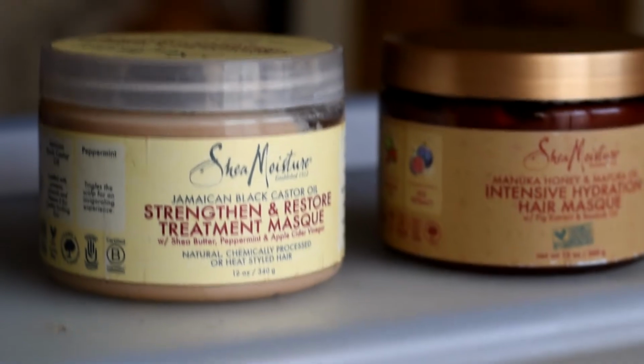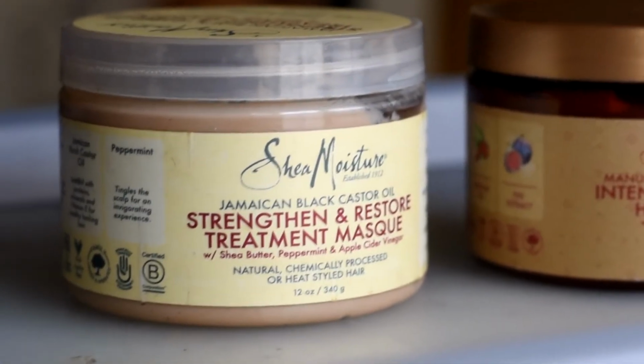Okay, so what I'm going to do is, like I told you, this is my staple treatment mask deep conditioner that I use, and I'm listing the ingredients on this right now. I got my notes, I got me a little drink, and I got my reading glasses. Need those. Okay, so let's start with the ingredients for the Shea Moisture Jamaican Black Castor Oil Strengthen and Restore